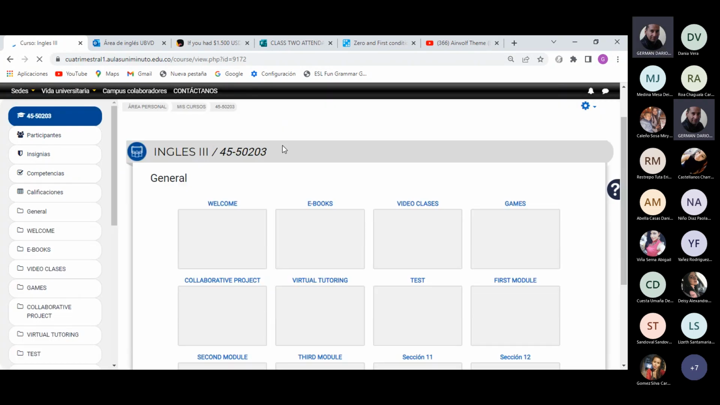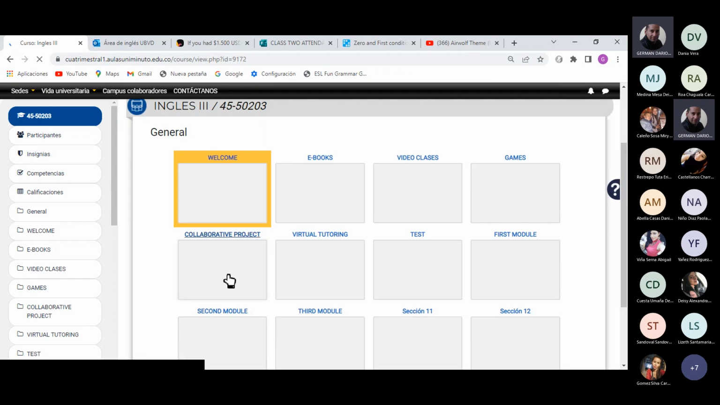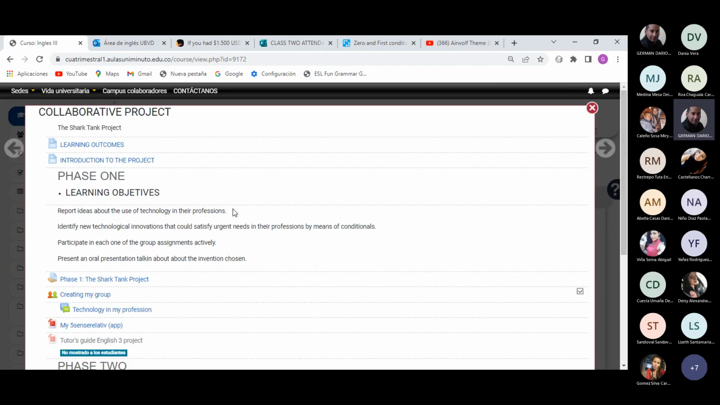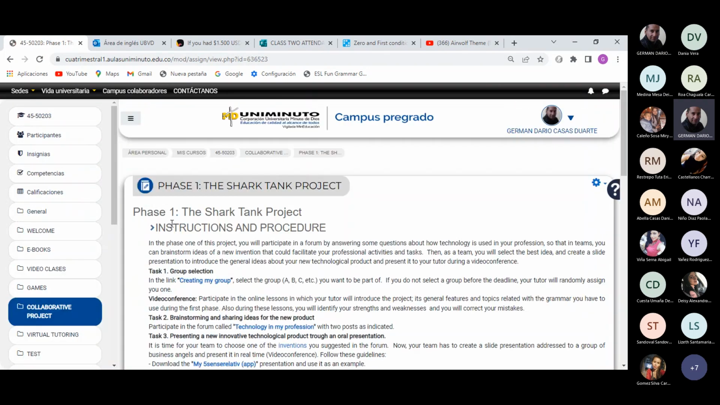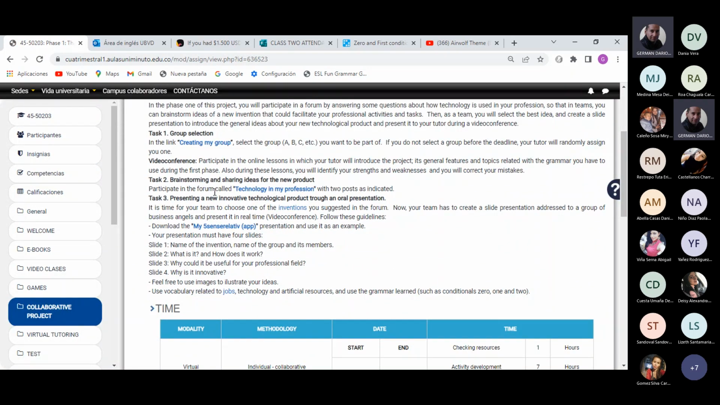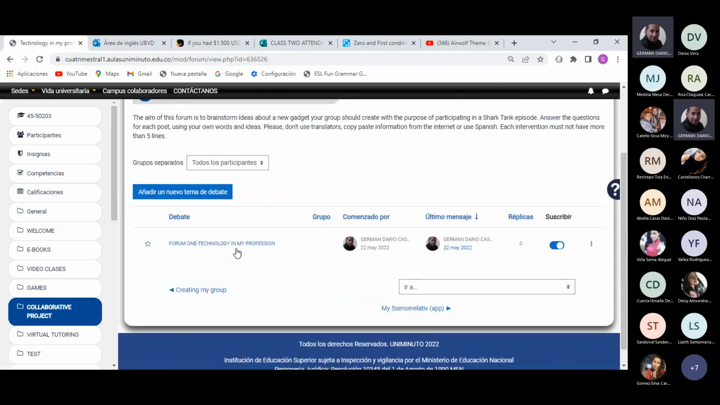Remember that in your platform, you go to Coloratic Project, okay, and you go to the phase number 1, the chart tank project. You click in this part, and you go to the forum. The forum is technology in my profession. You click in this part, and you can find Forum 1, technology in my profession, okay? So the idea is that you are going to click here,